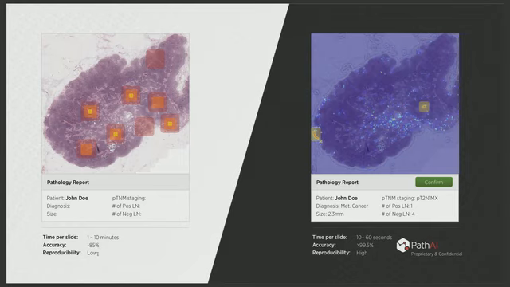It's not reproducible because people focus on different aspects of the image, and it's pretty slow. And they're faced with this empty report. So they have to actually summarize everything they've looked at in a report, like what's the diagnosis, what's the size. So like let's say there's cancer here and cancer here.